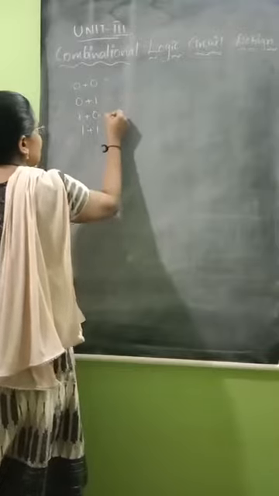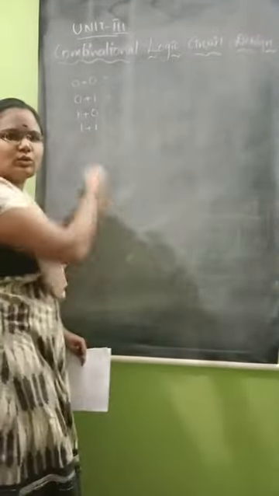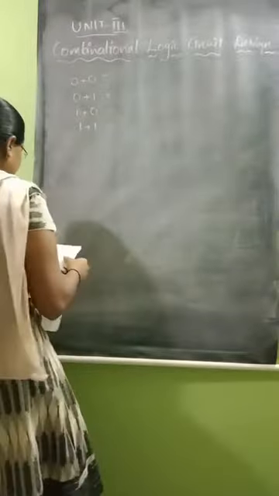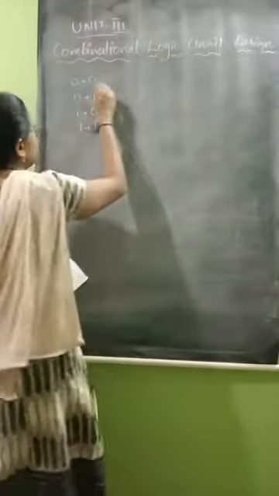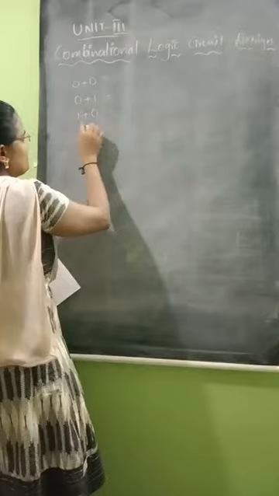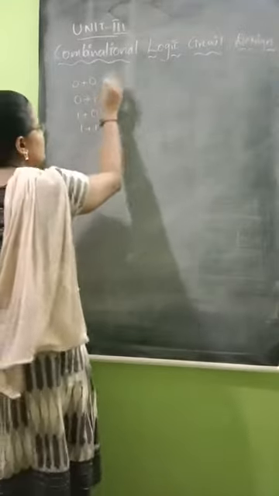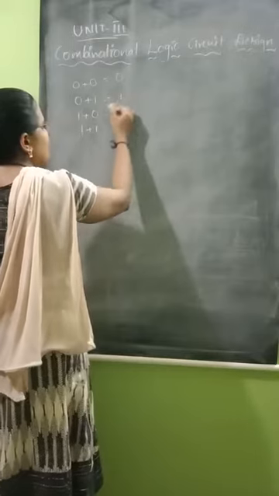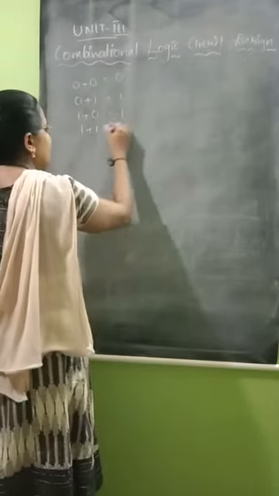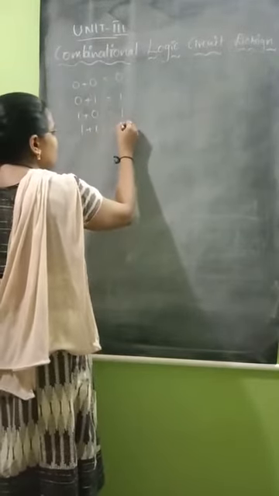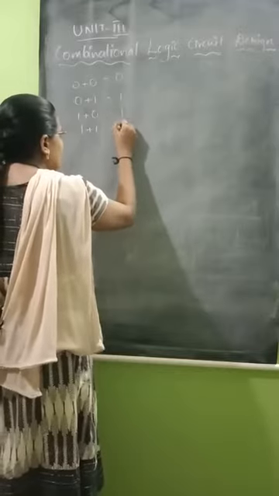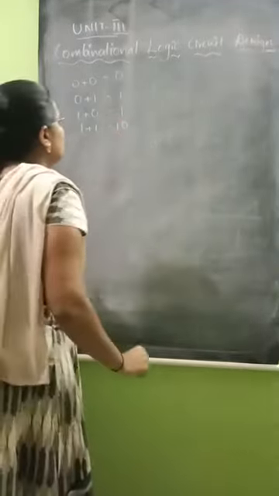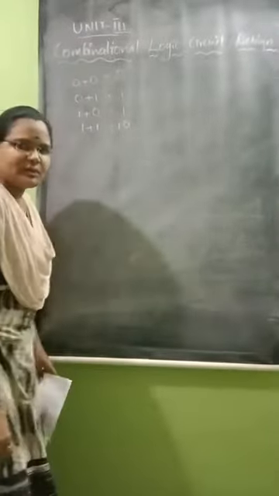So the two binary bits perform four possible elementary operations: 0 plus 0, 0 plus 1, 1 plus 0, 1 plus 1. Here 0 plus 0 means 0, 0 plus 1 means 1, 1 plus 0 means 1, and 1 plus 1 gives 0 and 1, where 1 is the carry. So this is the addition operation.